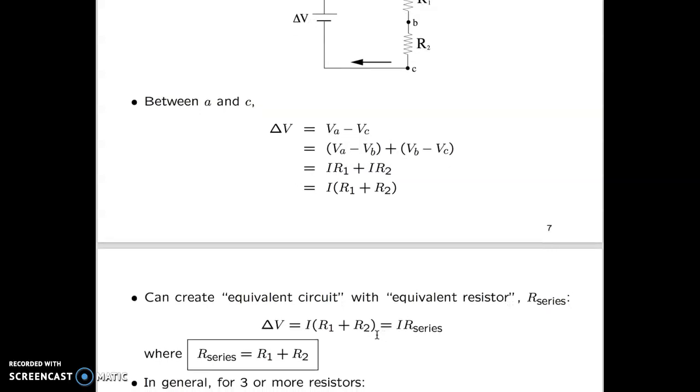Now hypothetically, you can create what we call an equivalent circuit with an equivalent resistor. Call this R sub series. And if R sub series is simply the sum of R1 and R2, then